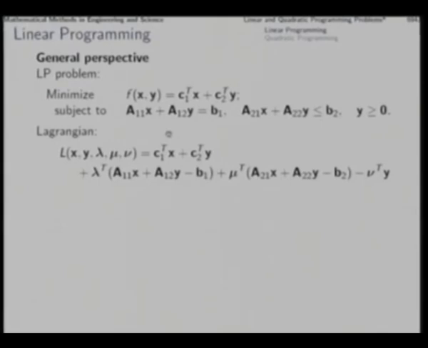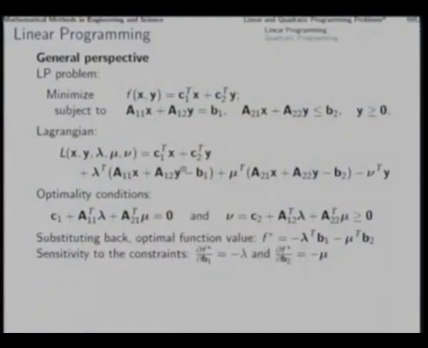So, the Lagrange multipliers lambda, mu, nu will enter into the Lagrangian function, that is f plus lambda transpose h from here, plus mu transpose g from here, plus nu transpose minus y from here. So, you get this. This is the expression for the Lagrangian, and first order conditions for the minimality you will get as derivative of this with respect to x equal to 0, that is this,